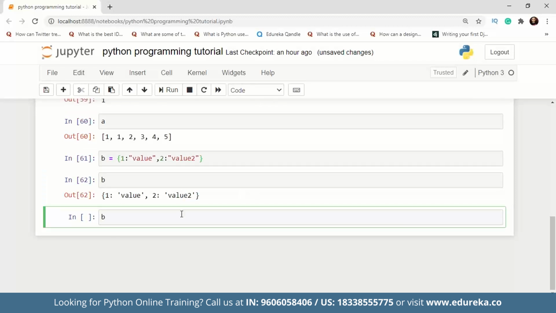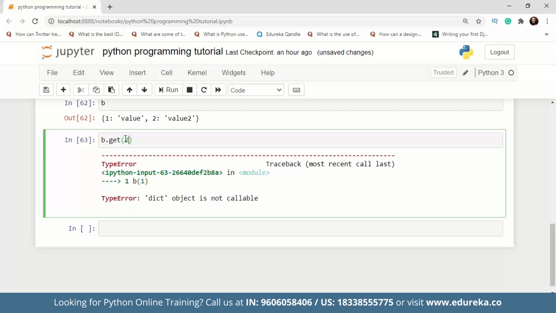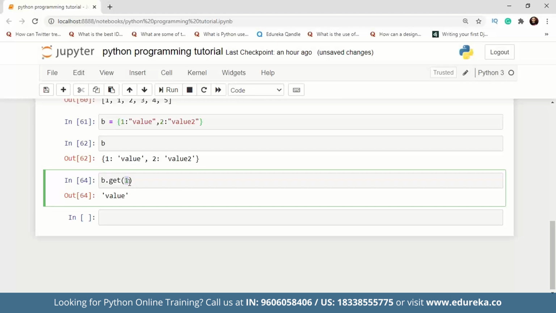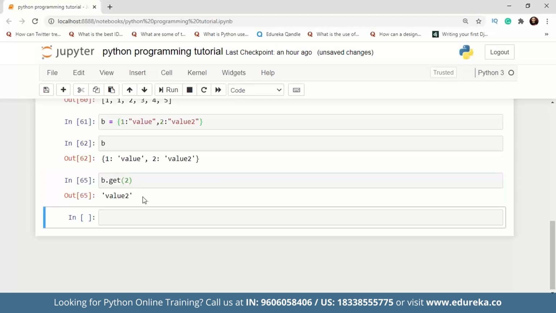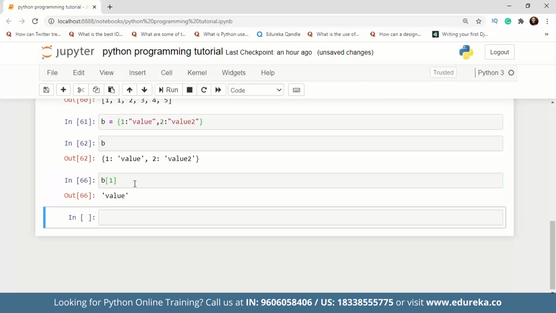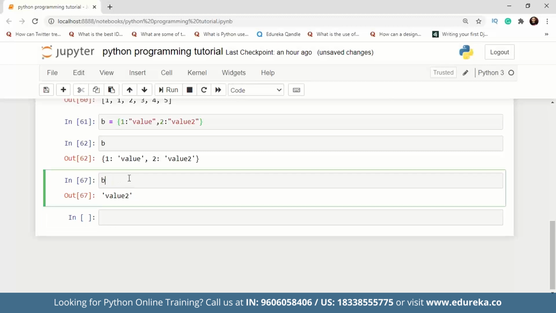So if I access one, we can use the get method to get the values from the dictionary. So if I want to get the value which has the key 1, I can use the method get. Similarly, for all the keys, I can use this, or simply I can get the value using indexes as well. So instead of indexes, I'm just using the keys. And similarly, it also has a lot of methods that you can use, which are clear, copy, fromkeys, get, which I've just shown you, items, keys, pop, and popitem.